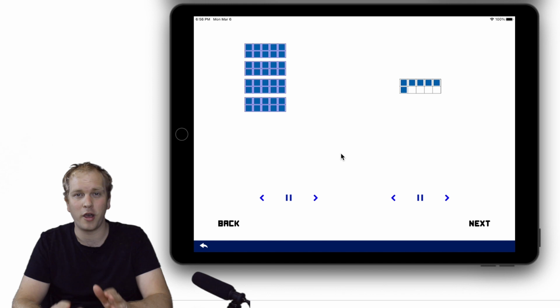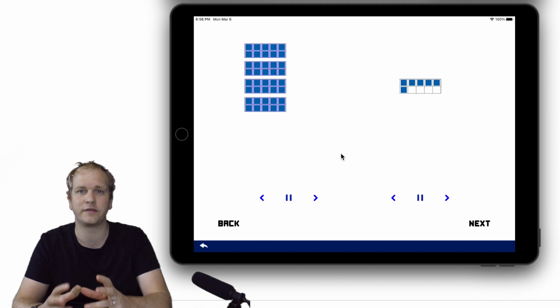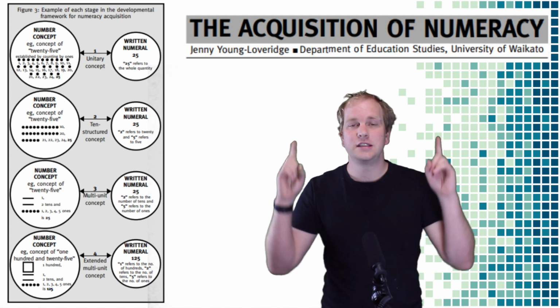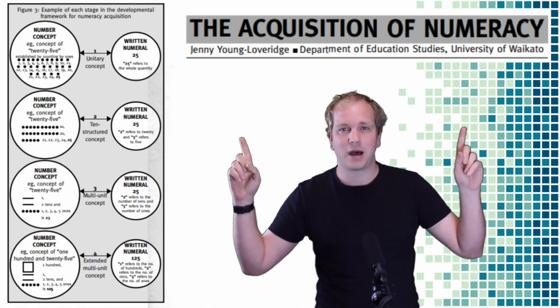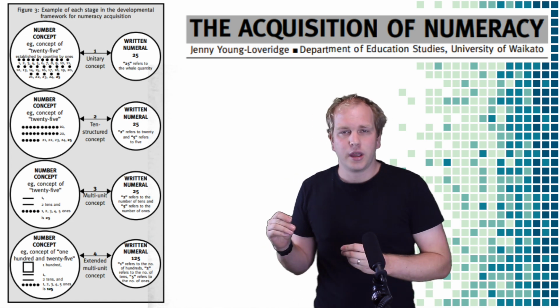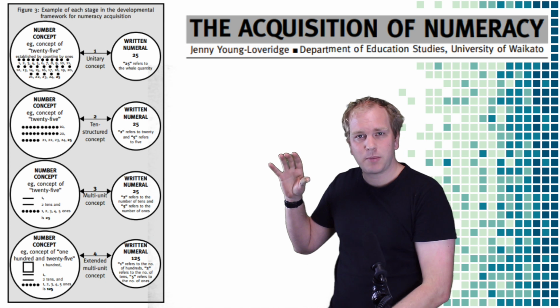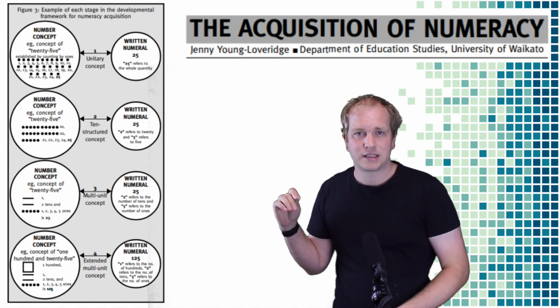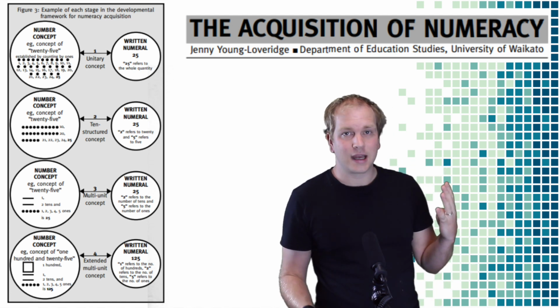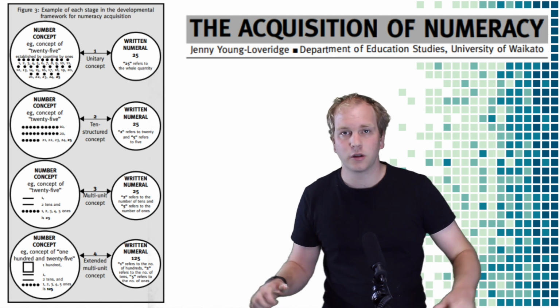So now this is probably the perfect moment to stop there and now talk about how the skills that we can develop with students through subitizing can then be extended to ideas surrounding place value. So for anyone that has anything to do with teaching place value, this article above called The Acquisition of Number is an absolute must read. It really nicely breaks apart the different concepts and the way students think about place value as they develop their understanding. And it breaks it down into these 4 key stages. Now, if you want to find this article, just search The Acquisition of Numeracy on Google and it'll come up.